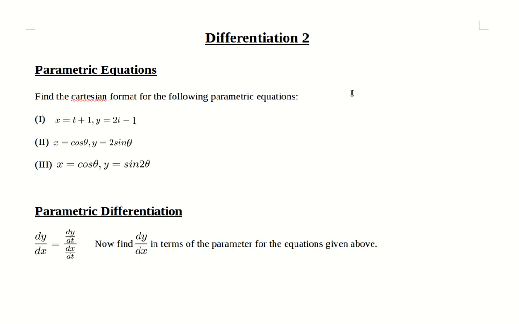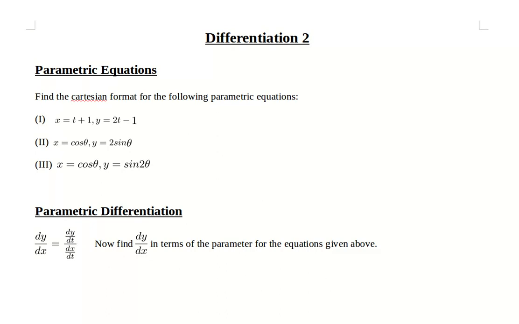Hello and welcome to another presentation, this time on parametric equations, parametric differentiation, implicit differentiation and rates of change. So we're going to run through three separate ideas really here. I'm going to talk about parametric equations and the way that we differentiate them, or a possible way to differentiate them. Then I'm going to talk about implicit differentiation, which is for differentiating functions which aren't given explicitly. I'll talk about what that means in a second, and then finally we're going to look at a rates of